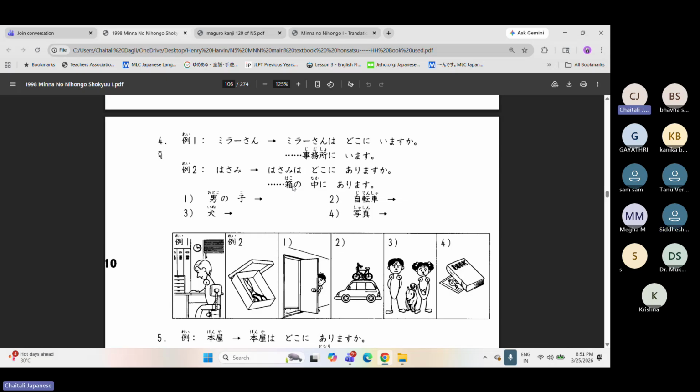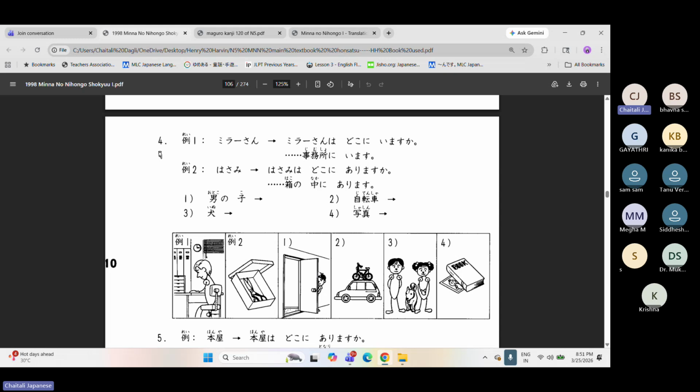Got it. So now tell me, who is this kid behind? Behind the door. Correct. So what is the question you are going to form here? Otoko no ko wa doko ni imasu ka? Where is the kid? Behind the door. Ushiro ni imasu. Very good. Doa no ushiro ni imasu. Behind the door. Very nice.